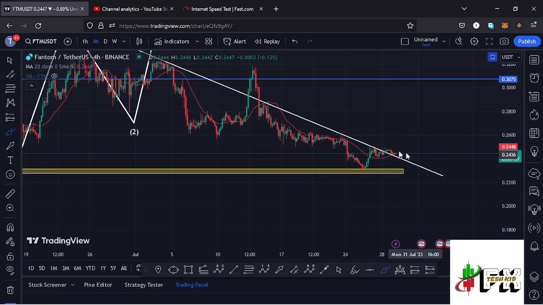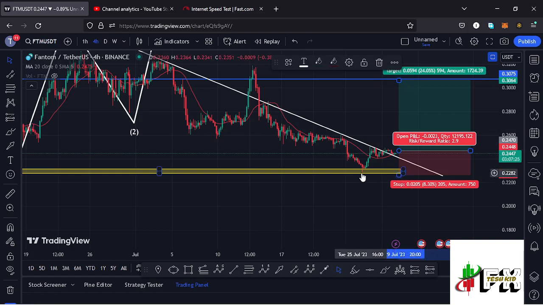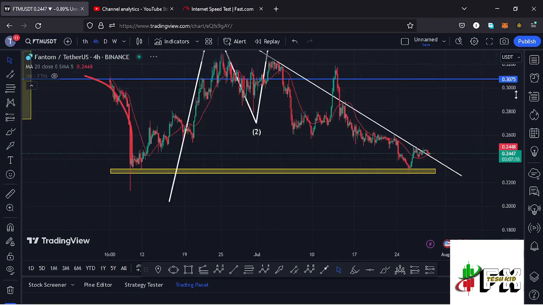of resistances. And before I share my chart pattern, I want to also discuss my next trade setup here on the Fantom chart, where the moment we see a break above, that is a close above this descending trend line that I have on the charts with a successful retest, from that point at around the $0.25 mark, I will open a long trade, having my next target areas at around the $0.27 mark, and the next target area at around the $0.3 mark, having my stop loss at this low that we have at around the $0.2288 mark,